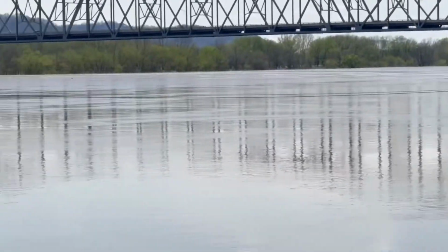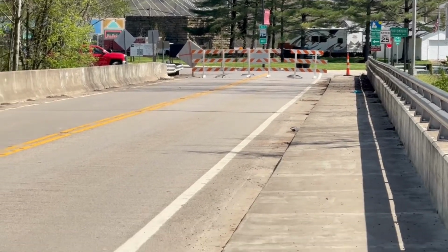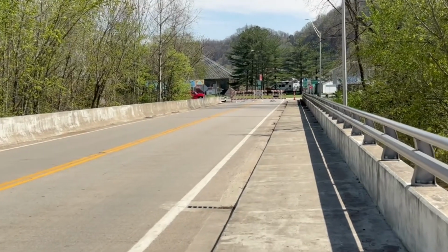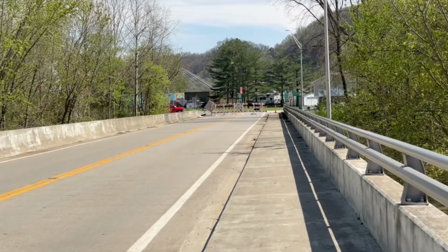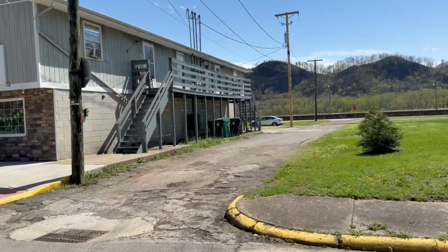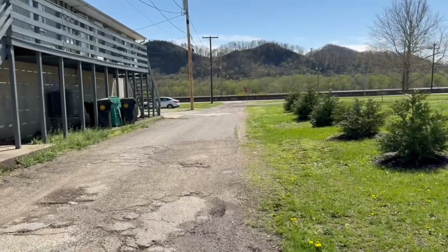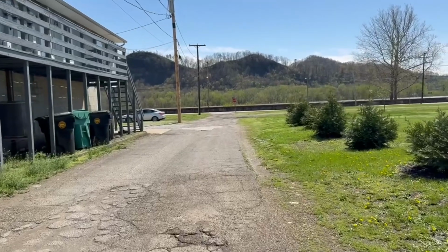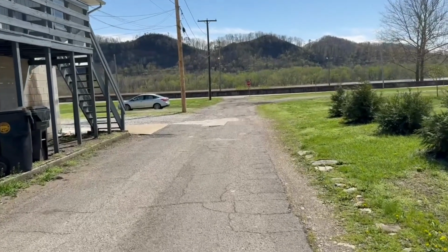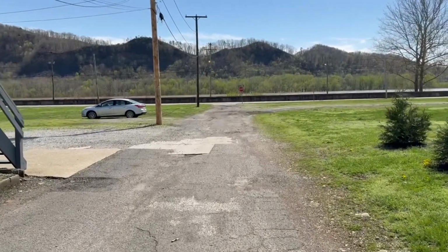And if you go back down that way, it would take you in to the city limits of Portsmouth, which I'm going to walk down toward. And as you can see, the bridge is closed. I'm walking toward the Ohio River side, and as you can see down there where the stop sign's at, across that street there, which is Front Street in the city of Portsmouth, Ohio,